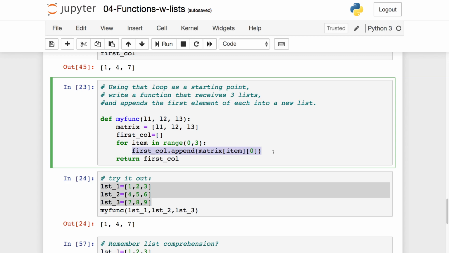First column is currently empty, and I use the dot append method to add elements to the list one by one. And the elements that I'm going to be adding are from my previous list called matrix. Matrix has 3 lists, 1, 2, and 3, and each of those lists has an index 1, 2, and 3. So for item in range 0 through 3, 0, 1, and 2,